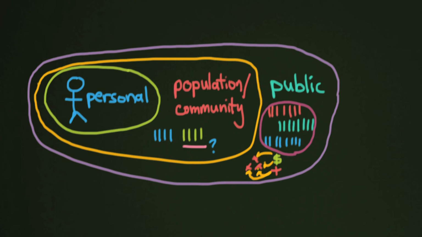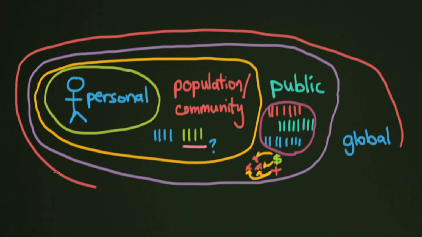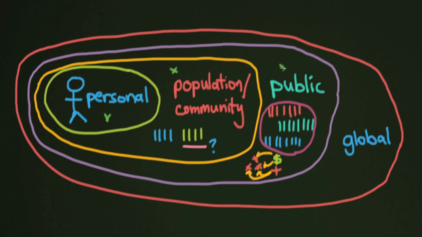And then global health, which we're talking about in this course. It's really important to understand what global health means. For the purposes of what we're talking about in this class, it's basically encapsulating all of this. It's looking at each one of these levels in different places around the world and trying to understand the problems and the solutions that work best. Global health takes a look at everything, all the way down to the personal level. It also looks at community and public health.